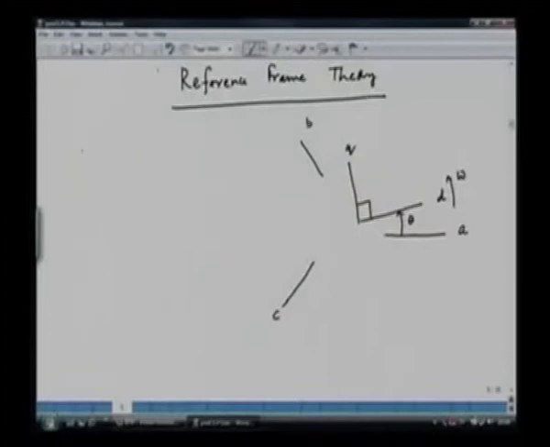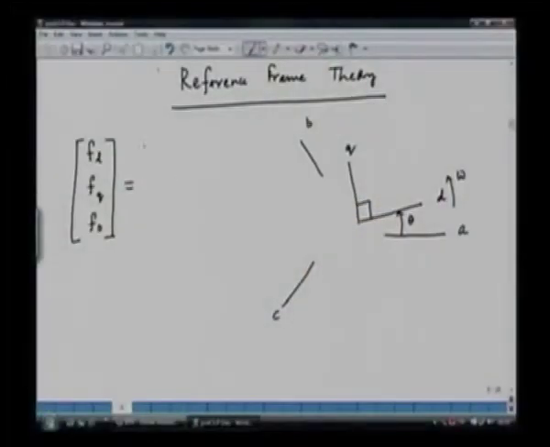Now when we transform the variables from ABC into DQ, we get the following equation. Now we have FD, FQ and FO. These are the variables that we have in the DQ reference frame. FO is the zero sequence component which can be present in general when we have an unbalanced system. There could be a zero sequence component. Now this FD, FQ and FO can be obtained from FA, FB, FC. So we have a transformation here. So we can use a transformation in this case,